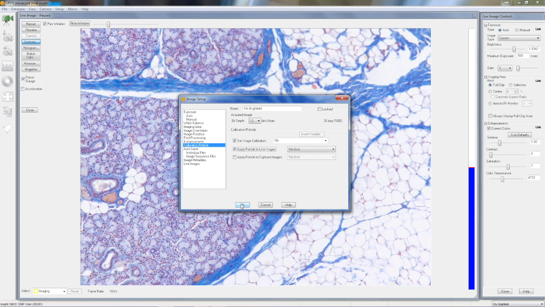Now, I should bring this up. If you're going to be applying your image calibrations to your image setup, what you may want to do is create an image setup for 10x, 20x, and 40x. That way, you don't have to come into the image setup each and every time and make that change. So you have one that's dedicated to that, and you could just choose it if you ever had to change your